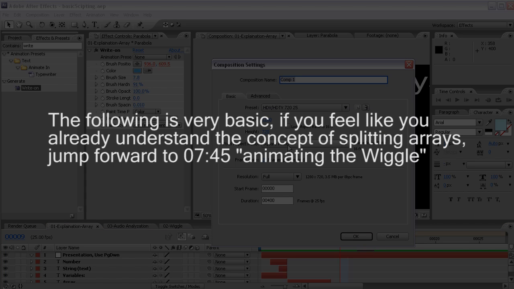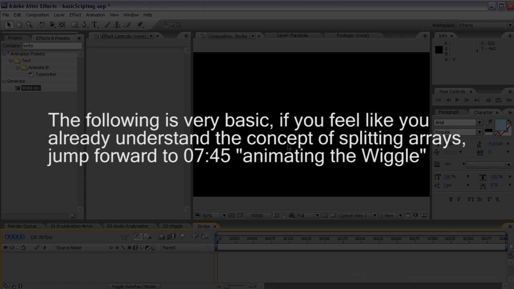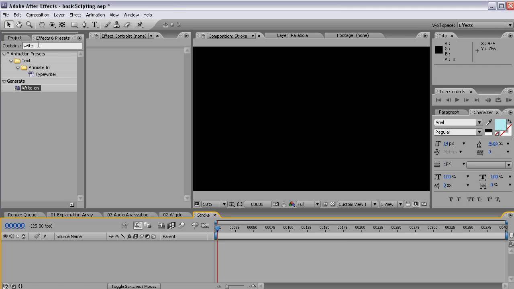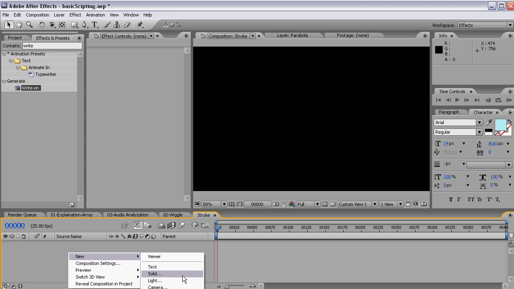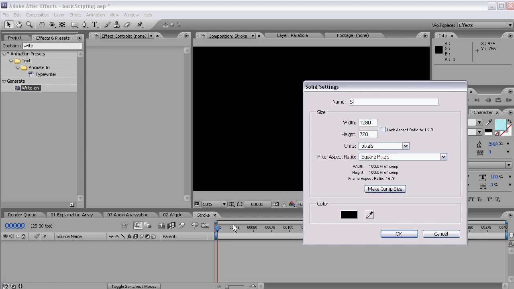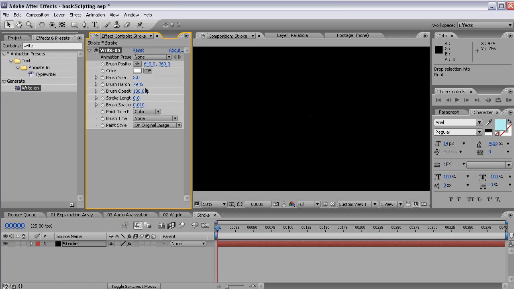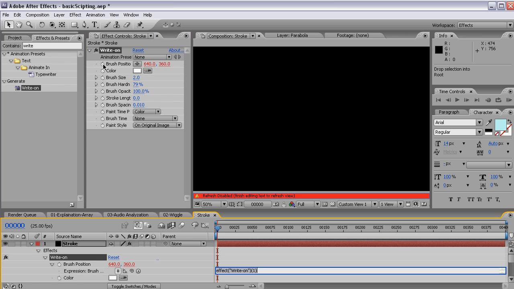I'll create a new composition and call it stroke. And I'll just do what I explained in theory, I'll now do in practice. So I'll create a new solid, call it stroke, and use the write-on effect in After Effects, which produces a brush stroke. Now I'll animate the brush position with an expression, and to do this I'll alt-click on the stopwatch